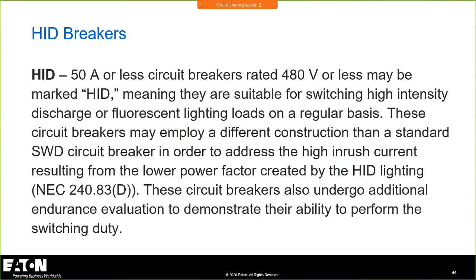Now, we're going to talk a little bit about other ratings. Circuit breakers have different types of ratings. HID ratings, high intensity discharge. People ask me, what are we doing with HID differently? If you look at the standards, the UL standards,